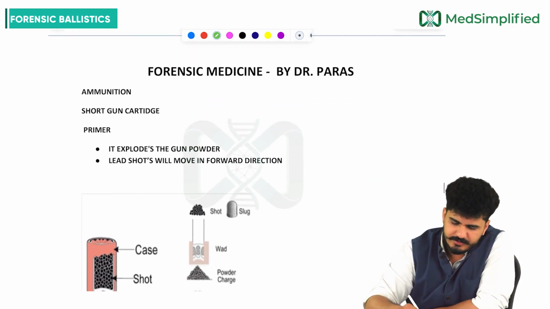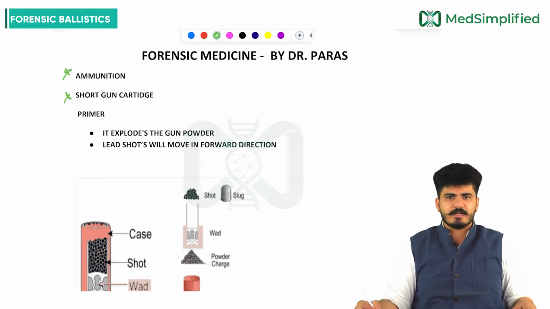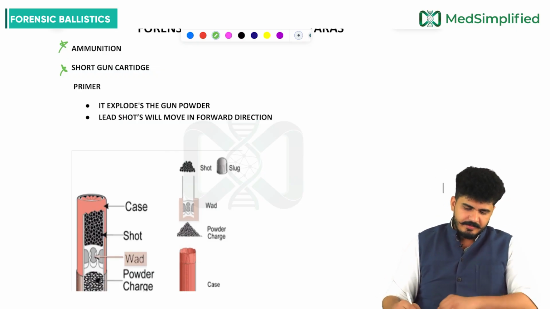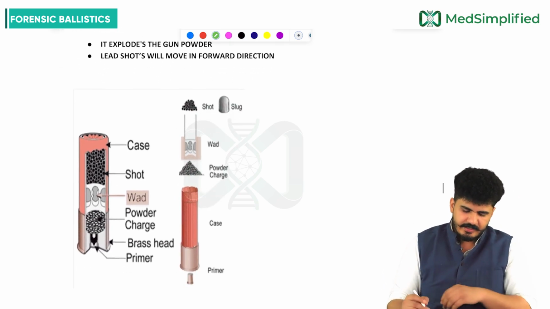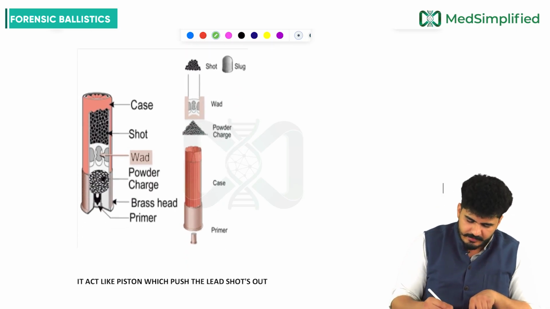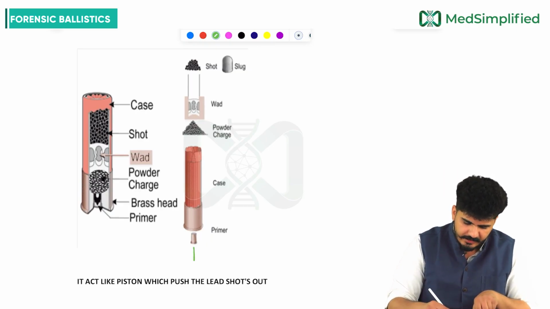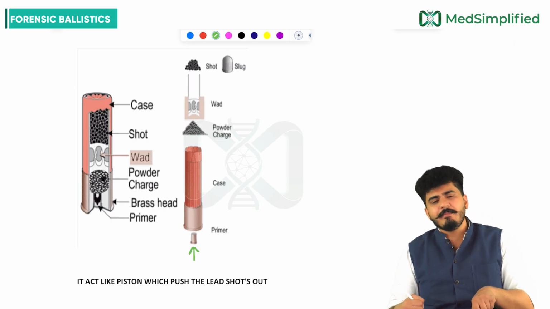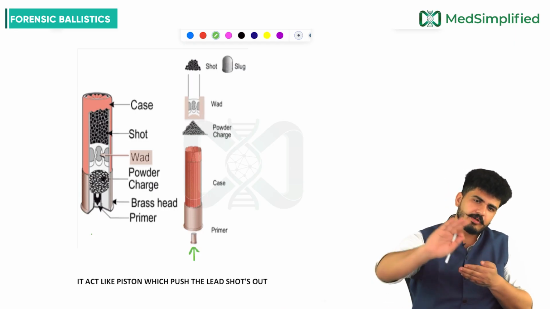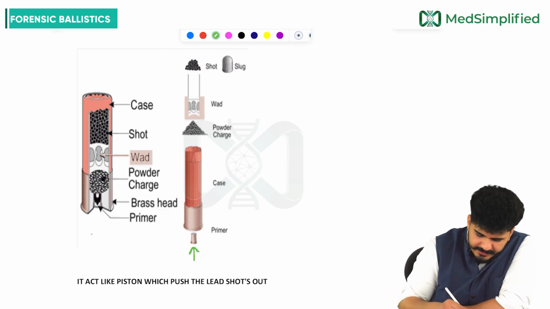Now coming to the ammunition. First we'll talk about the shotgun cartridge. So the primer is there. If we see the diagram right here, on the base we are having the primer. When we pull the trigger, the spring will hit the primer. The primer will produce the spark, and that spark will lead to the shot of the pellets. So I'll explain right here. There will be a primer, we hit the primer,